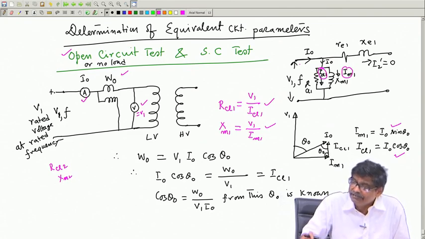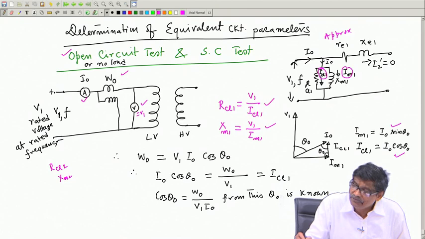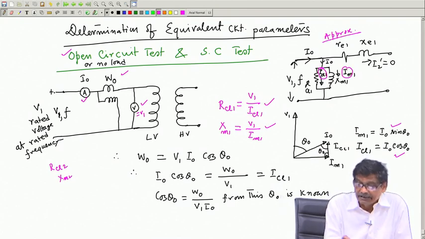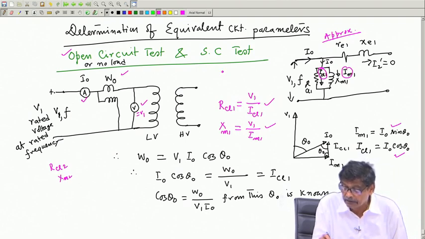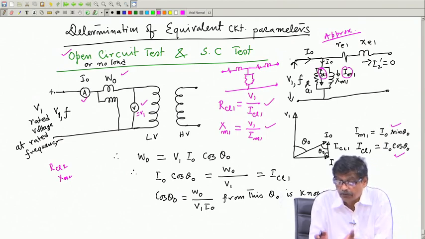As I told you, this is the approximate equivalent circuit, okay? Approximate equivalent circuit. But if you honestly look at the circuit, you will find this no load current is flowing through the winding resistance as well, is it not? Because the exact equivalent circuit is what? R1, X1, then this parallel branch, is it not? And then of course, these two are open circuited. That is the exact equivalent circuit.